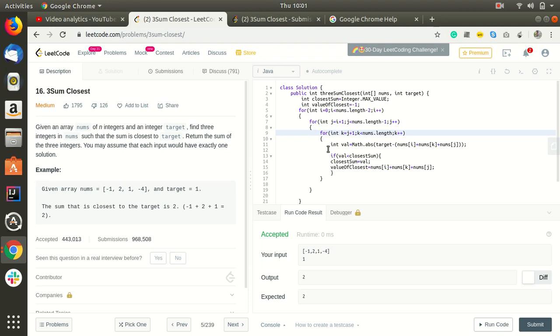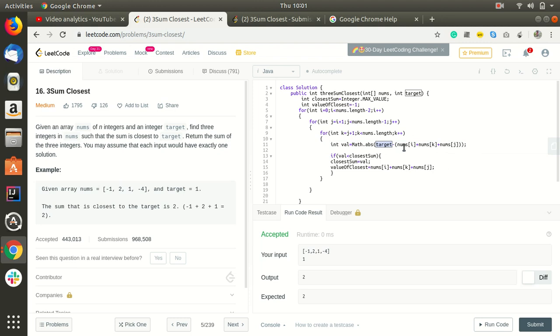So what I have done is I initialize the closest term to the max value of integer, because I want to reduce it. Then int value is equal to Math.abs of target minus nums[i], nums[j], nums[k].